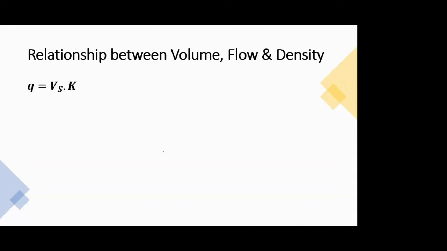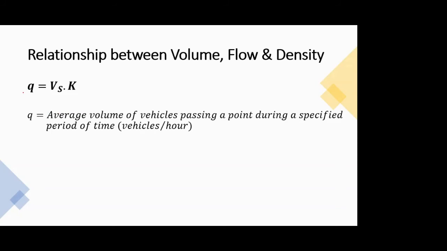Now here the terminologies have been changed a bit. In the graph you had seen the speed was given by S, the flow was given by V, and the density was given by D. But here I have changed the terminologies a bit. Okay. You can use the same as well, no issues, but I'll not overwrite over here. So Q is equal to Vs into K, where Q is the flow value.